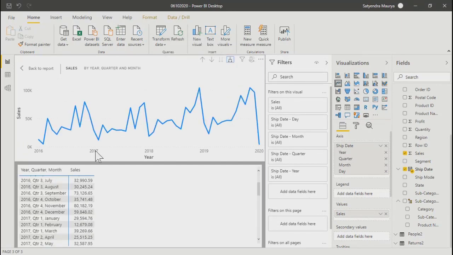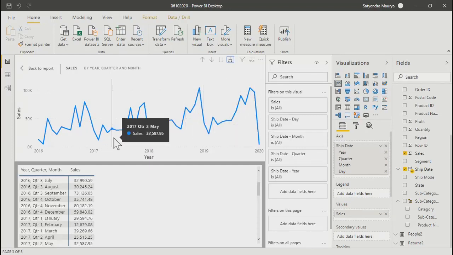Right. So over here, I have plotted sales now. I've changed it from profit forecast to sales. If you see, there is a specific trend every year. In the first quarter it is going down, then in the fourth quarter and third quarter it is going up. For every year there is a similar kind of trend.